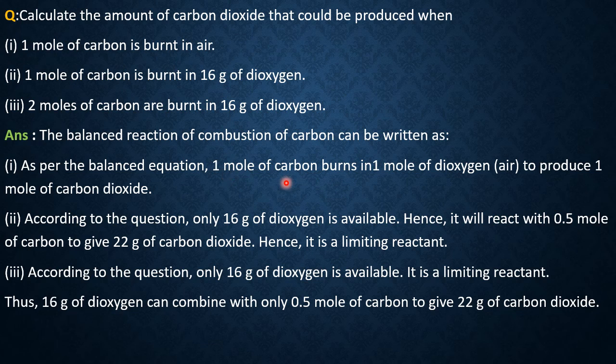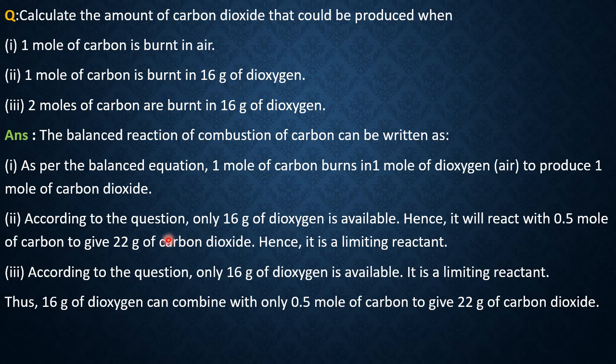Second, 1 mole of carbon is burnt in 16 gram of dioxygen. Okay, for 1 mole of carbon we require 16 plus 16, 32. But available is how much? 16 gram only. So this is the limiting reagent. When it is limiting reagent, it is restricting the reaction according to the availability of the amount of limiting reagent. That much amount of product is formed here. So accordingly, 22 gram, not 1 mole, half mole of CO2 forms, half mole of CO2 equal to 22 gram of CO2. So here oxygen is the limiting reagent.